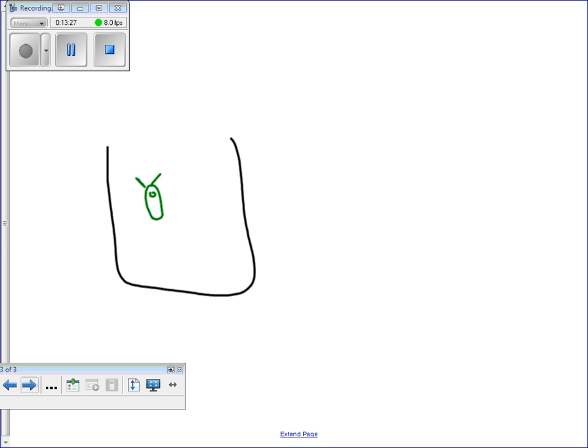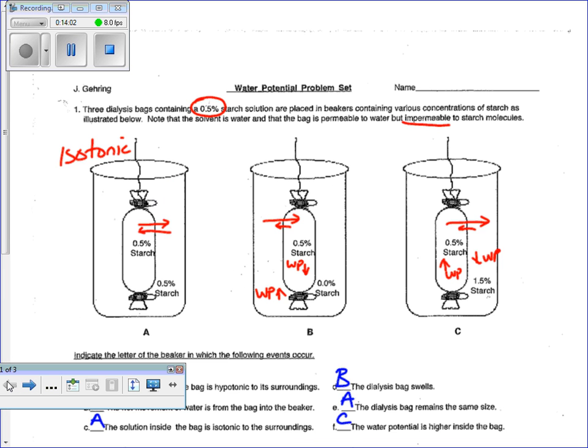Let's just say that's our little plankton there. It's got an internal solute concentration, or excuse me, a solute potential of equal negative 2 bars. The environment is 27 degrees Celsius, and it has, what was it, 0.5 molar of, what was it, sucrose? So that's the information I've got so far.